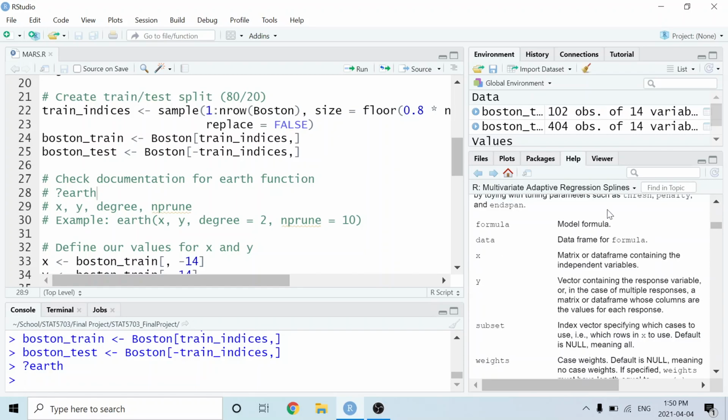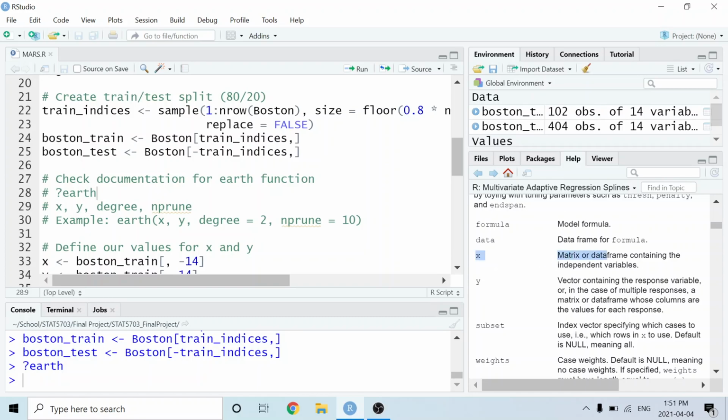So the first thing that you're going to need to do is define the variables that you want to use for your response variable and which ones you want to use as your predictor variables. Now, if you're only doing this with one run of the function, you can use the formula and data arguments, which are very similar to any of the other modeling functions in R, such as lm or glm. But if you're planning on doing any parameter tuning, you might want to go with the arguments x and y rather than formula and data. Because we're actually going to be tuning a bunch of parameters, and the variables that we use as predictor variables might actually change on different runs of this function.